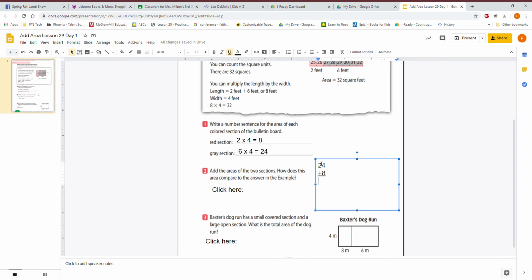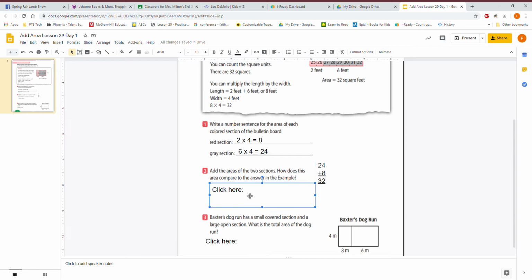Carry the 1 would make 2 plus 1. So my answer is going to be 32. Okay. And down here, now over here, I'm going to write the area of the rectangle is 32